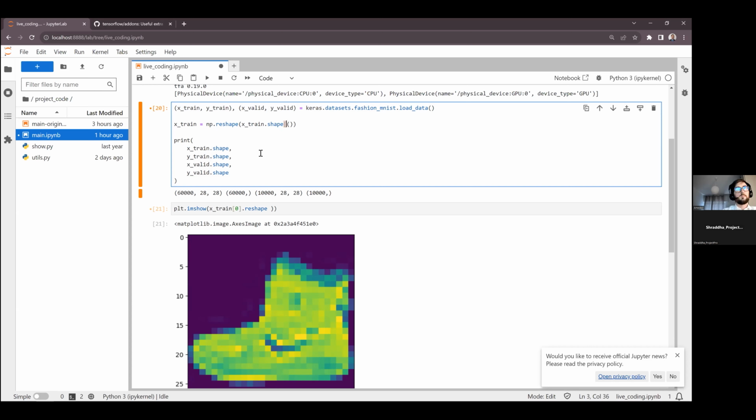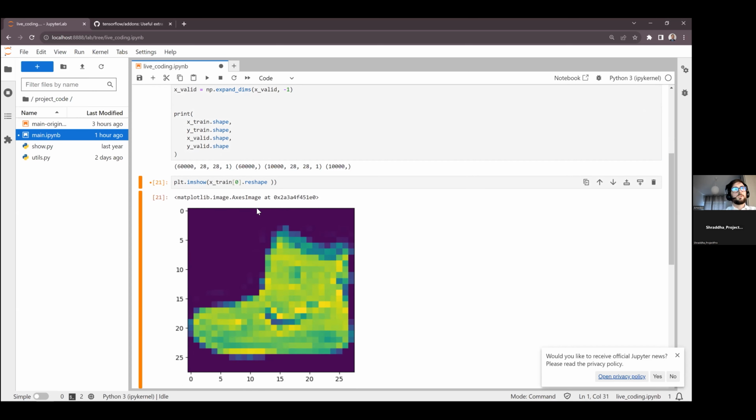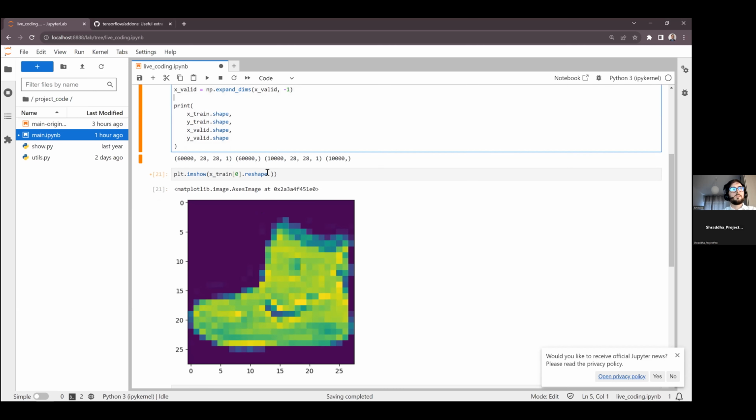Shape plus, even better. I can do better than that. I want to add the final dimension of the channel because at the moment we have the number of images, the width, the height of the image, but we have not the number of channels. So I can expand the number dimension, -1, and the same for the validation data, X valid. Okay, now we have the channel dimension. We have just one value.